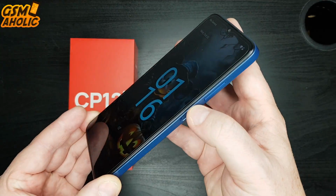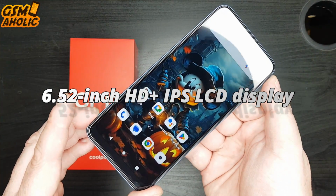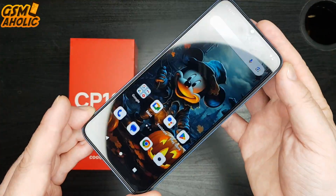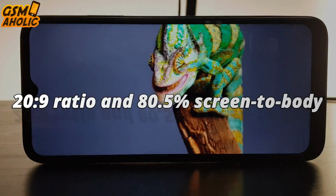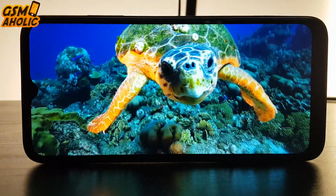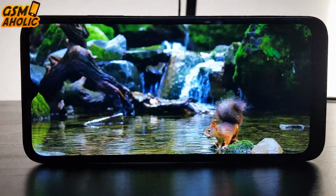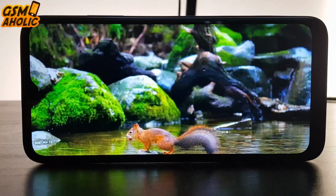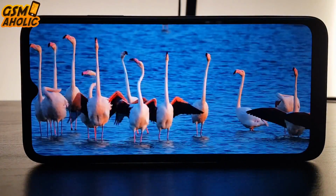The Coolpad CP12 Pro comes with a 6.52-inch HD Plus IPS LCD display, 720 by 1600 pixels, 20:9 ratio and 78.5% screen to body ratio, which is quite remarkable considering the price point. The display offers vibrant colors and is well suited for various forms of media consumption such as YouTube and other